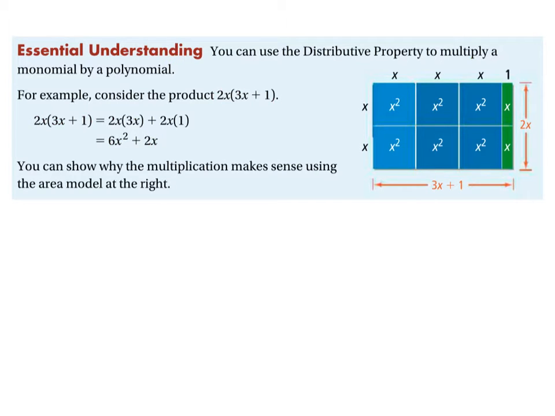And here they're showing you a visual representation of it. This is 2x, and this is 3x plus 1. And if you do x times x, what's x times x? X squared, right? This is a square with side length x, right? So x times x, x squared. This x times this x, x squared. This x times this x, x squared. This x times this 1 is x. Okay? So we've got 2x times 3x plus 1, and we've got 1, 2, 3, 4, 5, 6 x squared, and